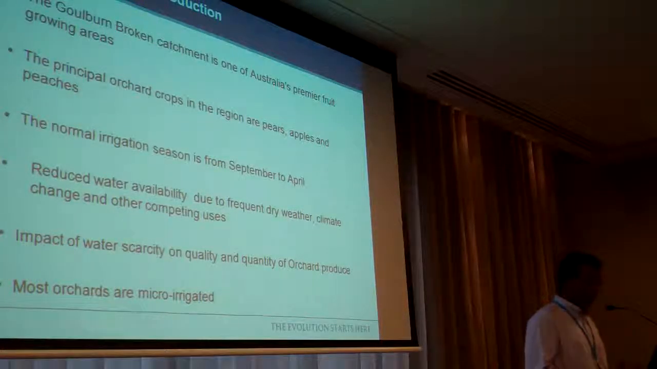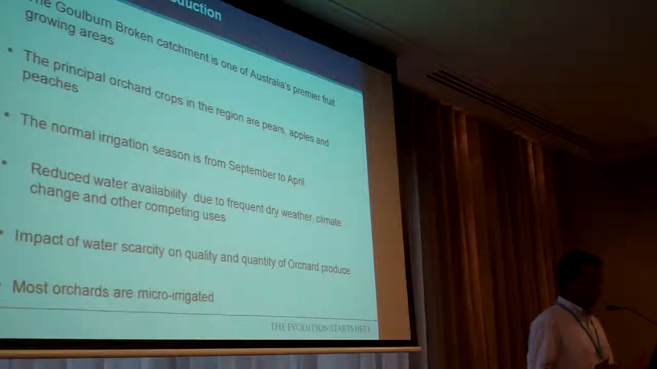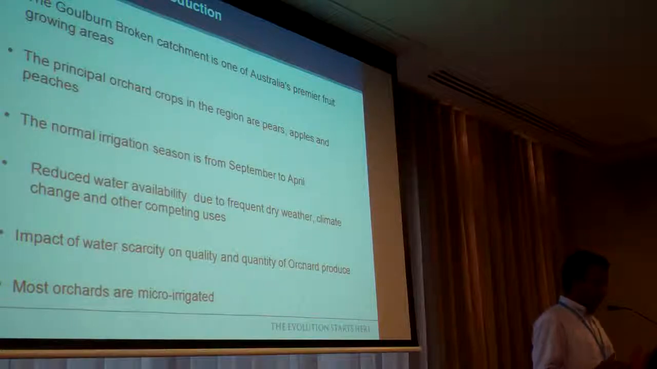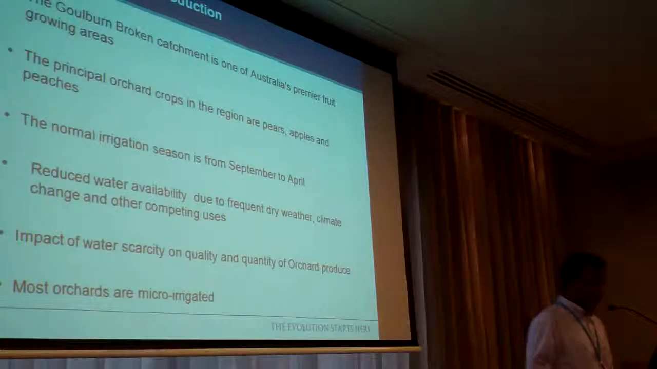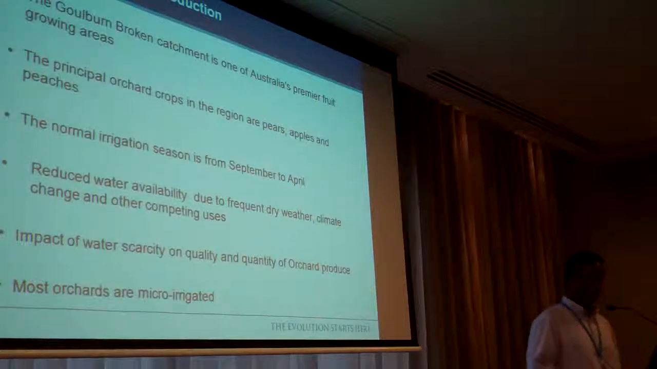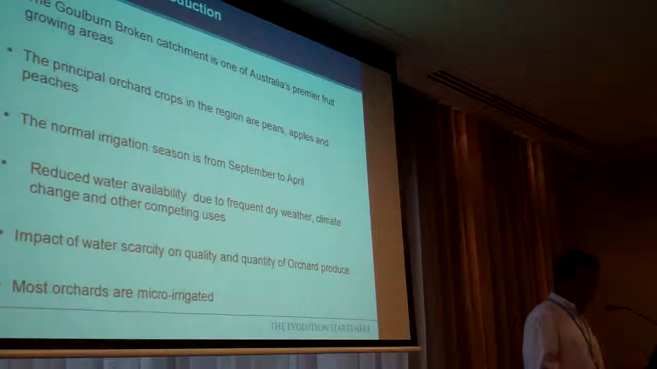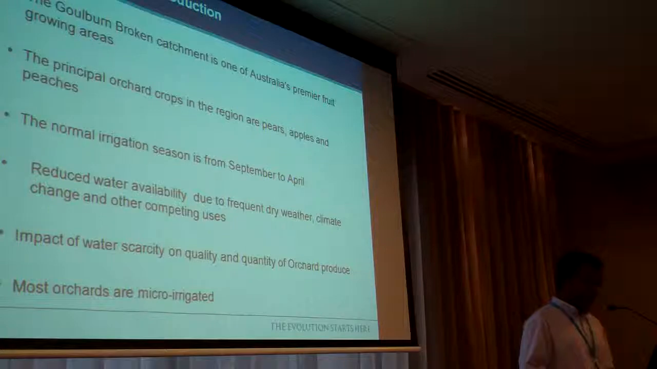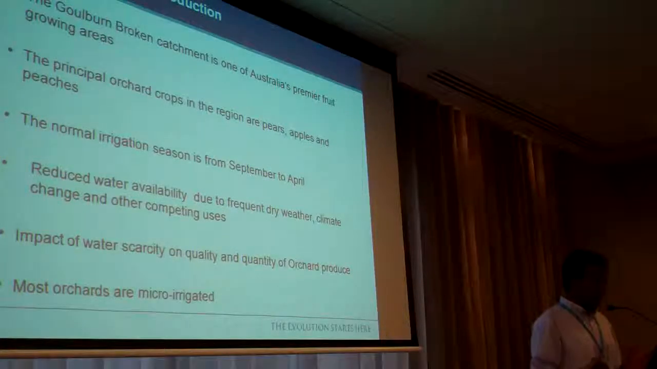The normal irrigation season is from September to April because these are perennial crops. The rainfall is not sufficient to fulfill crop water requirement in certain months, so it depends on irrigation. But in the recent past, there has been reduced water availability, possible climate change and other competing uses like water for environmental priorities,